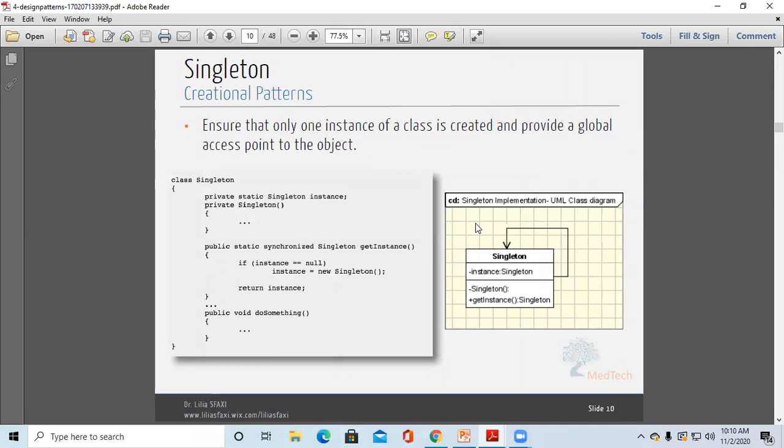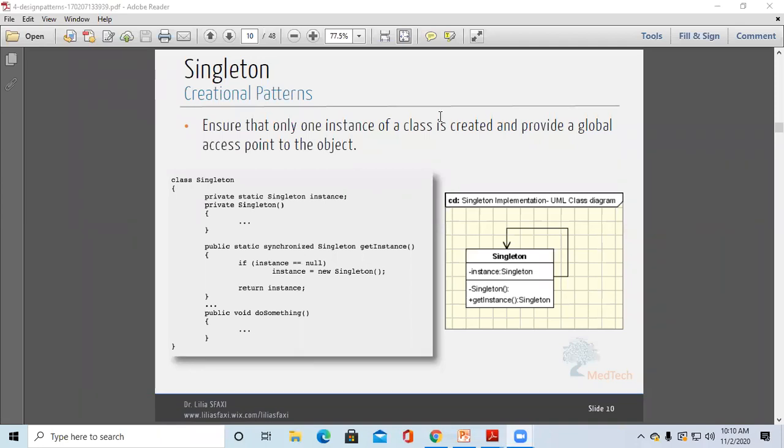It ensures that only one instance of a class is created and provides a global access point to the object. The singleton pattern provides only one instance. It ensures that only one object for that class is created and provides a global access point to that object.